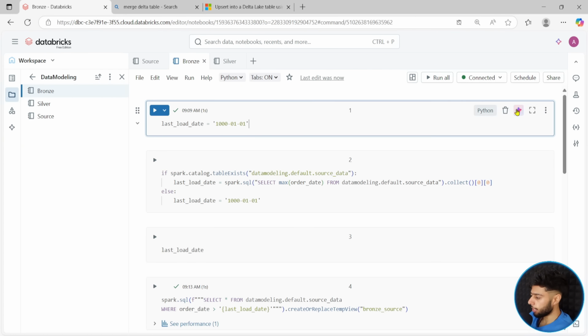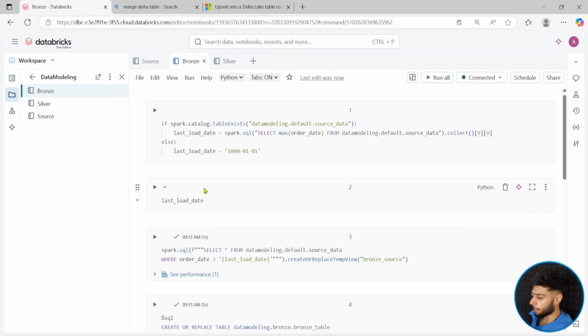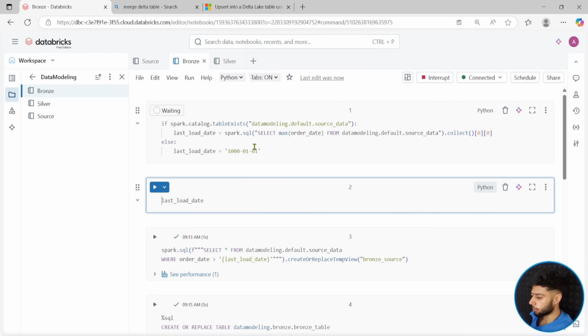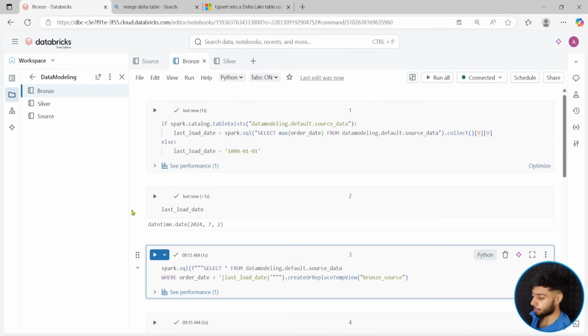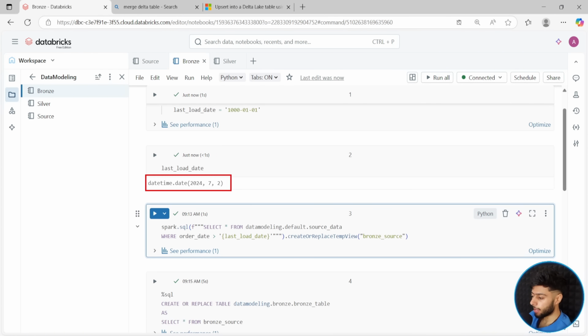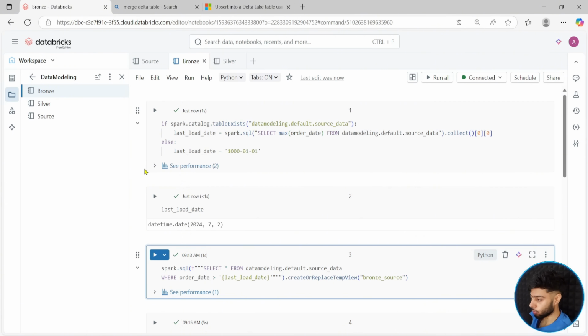Now let's actually try to see what our last load date is. Perfect, because we do not need this static solution. Perfect. Let's run both the cells and see what the last load date is. Perfect. It is saying 2024-07-02. Makes sense? This is the last load date, but here we need to say